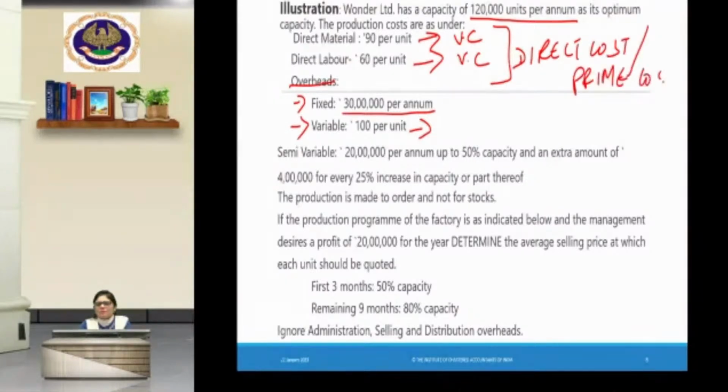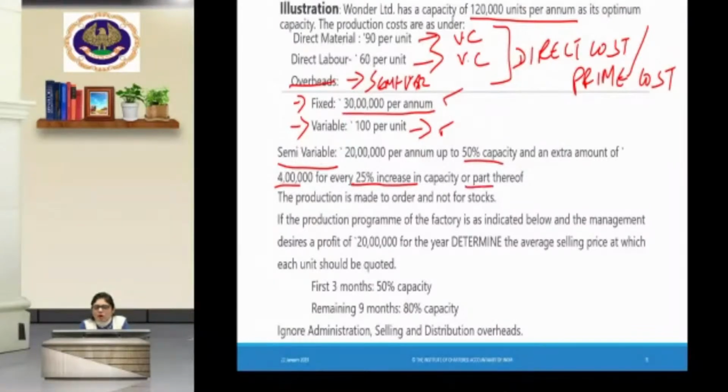Direct cost and prime cost is always variable. Overheads are semi-variable. So semi-variable: 20 lakh per annum up to 50% capacity. So we have fixed also and variable also, and we have semi-variable also separately: 20 lakh per annum up to 50% capacity and an extra amount of 4 lakh for every 25% increase in